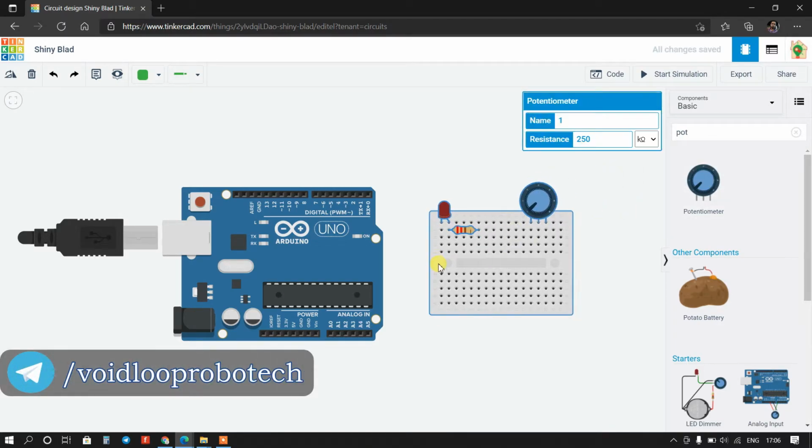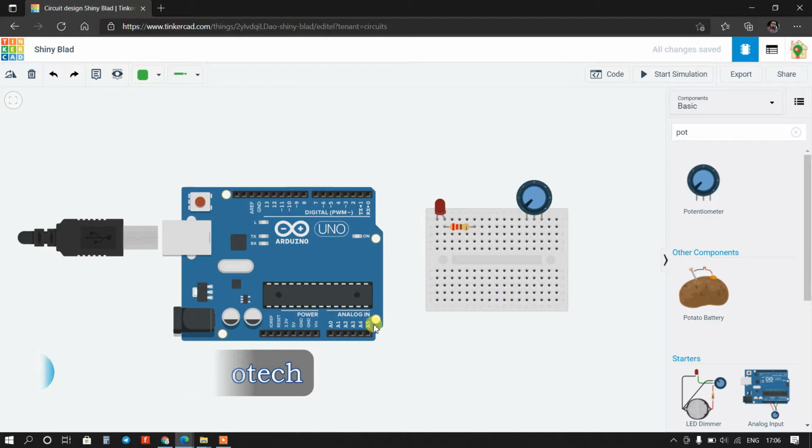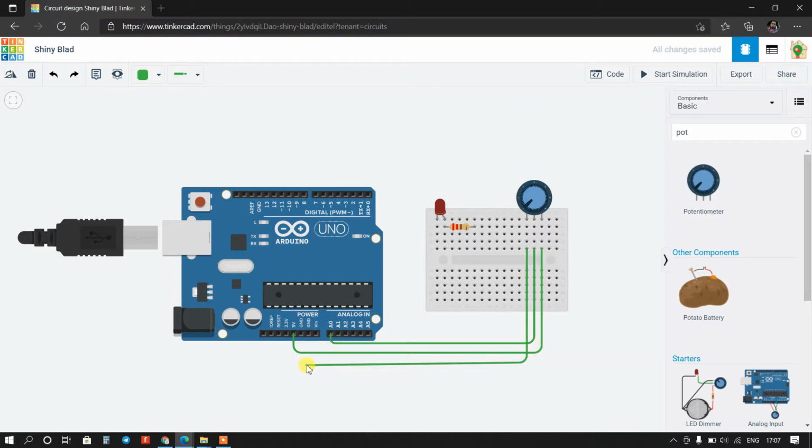now I will make connection. So first of all I will connect 5 voltage with this pin of potentiometer, and I will connect middle pin of potentiometer with A0 pin. Okay, and first pin of potentiometer will be connected on ground. Okay,